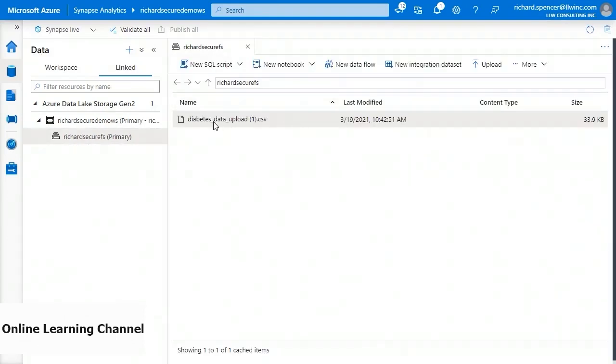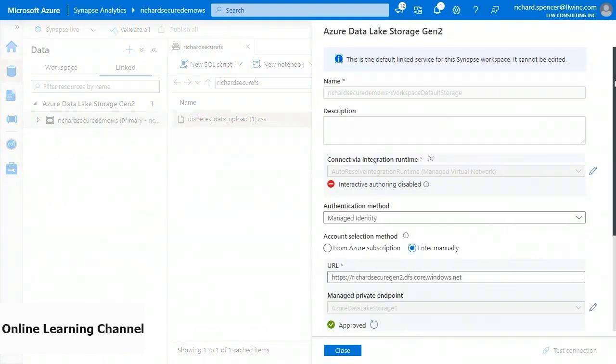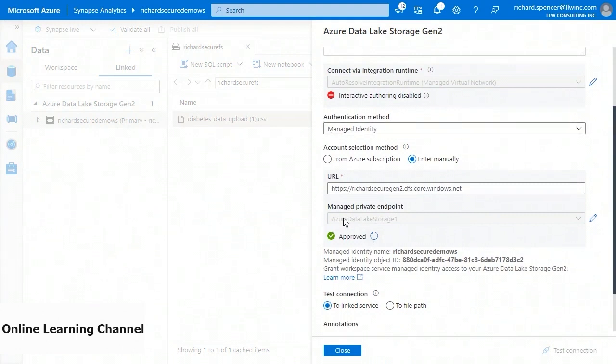sure enough, we see the CSV file that we just uploaded. And from here, we can create a SQL script, create a new data notebook. We can ingest that data set, or we can upload more. But the point is that we're working on our storage account through Synapse Workspace all over a private endpoint. And you can tell that because it's linked. And if we wanted to, not really edit, but just look and be sure that we're using that endpoint, under this link service, you'll see that we are indeed using a managed private endpoint,